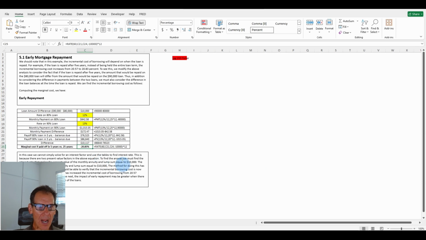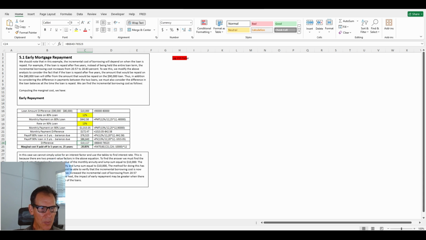I went through rather fast and I didn't really explain it. We went from 12 to 13%, a 90,000 loan, 80. We have this 842 as the monthly payment for the 80%. For the 90%, we have 1,015. What happens after the 5th year? How much of the loan is still outstanding? 76,000 on the 80, 86,000 on the 90. The difference,